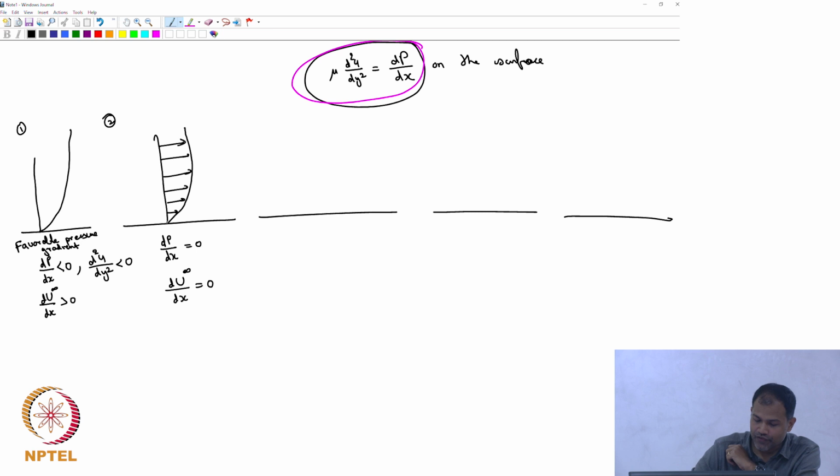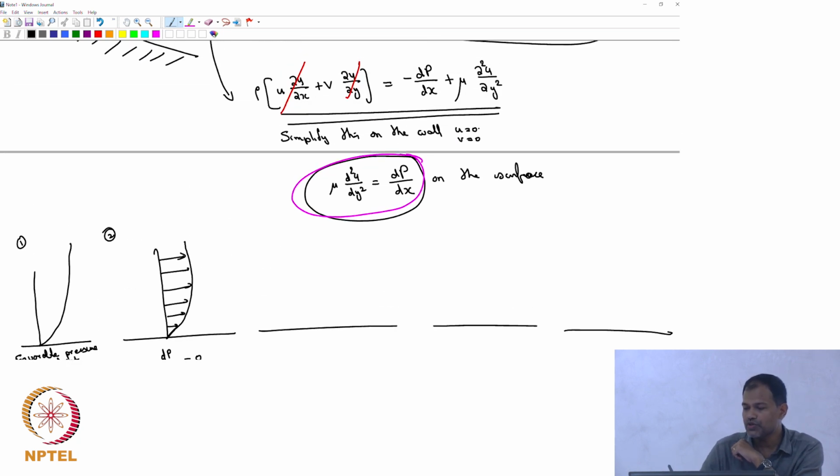So see here, this would be linear, but then we do not know because this equation holds true only on the surface. This equation is not completely general. We got it when we put u equal to 0, v equal to 0 in the conservation equation. In the full equation we put u equal to 0, v equal to 0, threw away these terms, and therefore we got this. So that can hold true only on the surface of the wall.